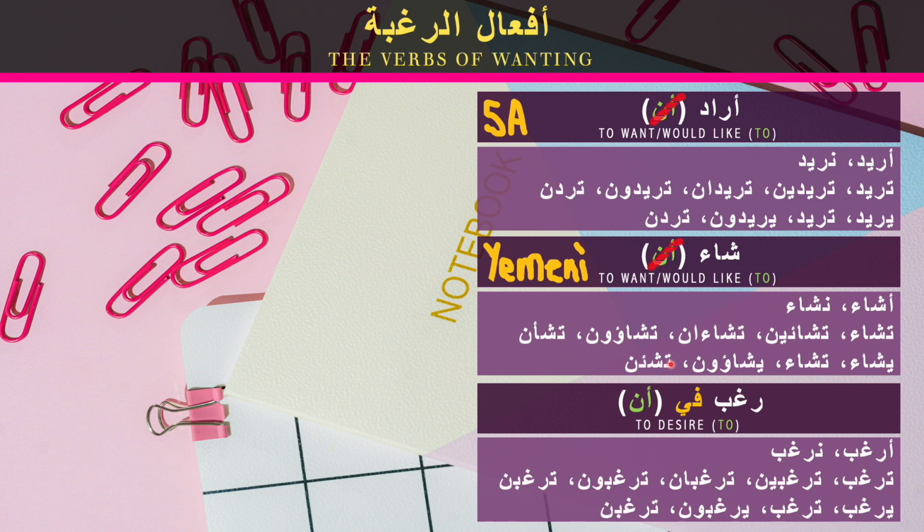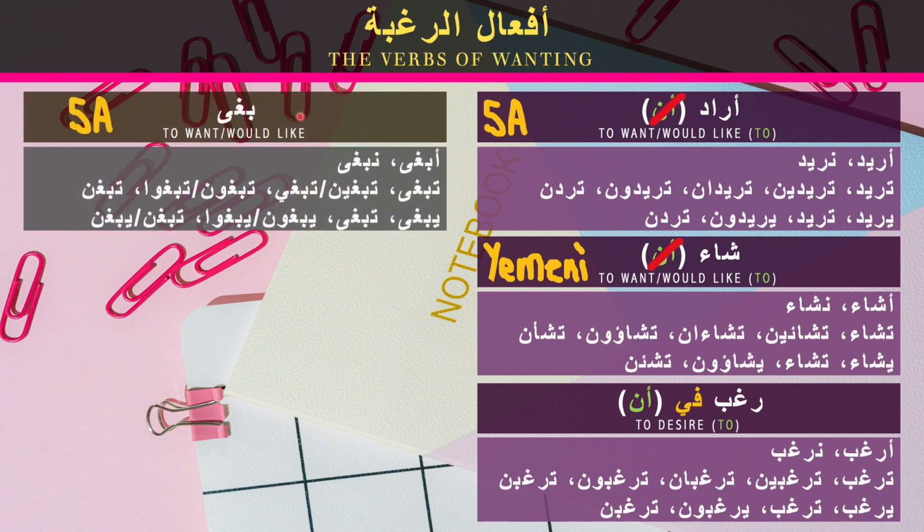Okay, in addition to that, in today's spoken dialects, we don't really use an much, and if we use it, as we mentioned previously, we use in instead. And here, this verb baga. Baga in modern standard Arabic means attacked someone or abused someone or did something bad to someone. However, baga in today's spoken dialects means want. It is highly used in Saudi Arabia and surrounding countries.